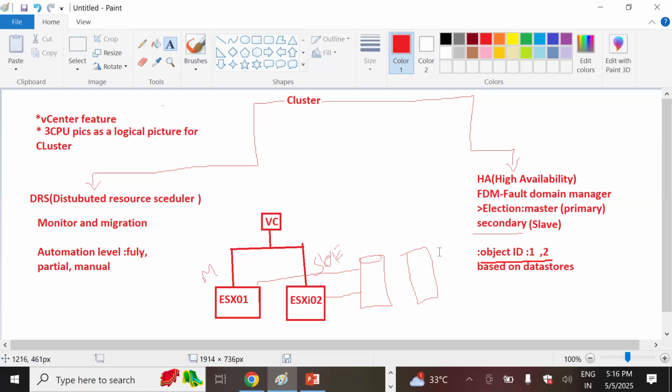Now I will tell you how it works in the background. Very simple. So once HA is enabled,